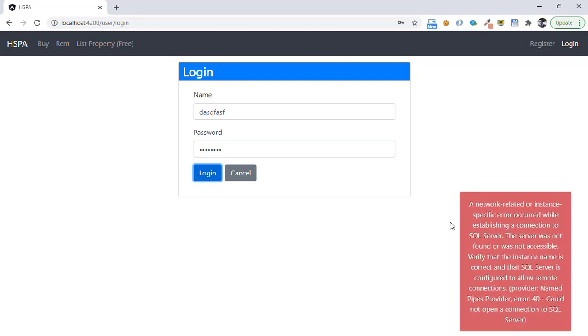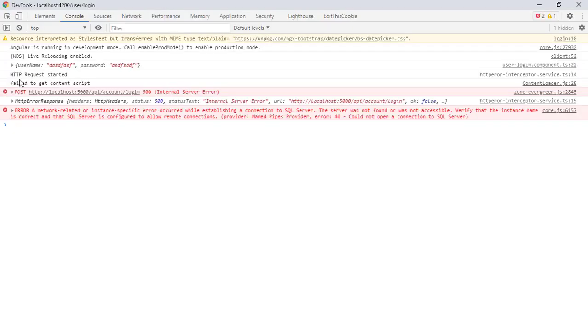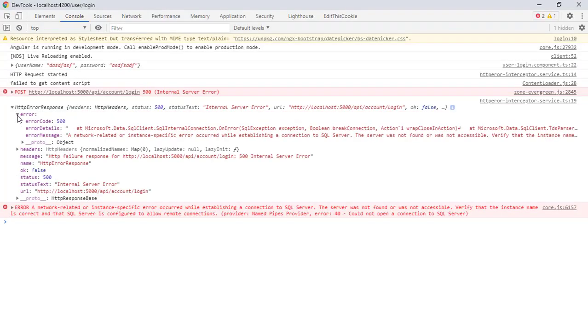Yup, we get this error detail now that is thrown by our API middleware. We are getting so much detail in this error because we are running our API in a development environment. But if we run it in the production environment, we will get only internal server error here in the notification. You can see now we are getting all the properties here in the camel case notation.